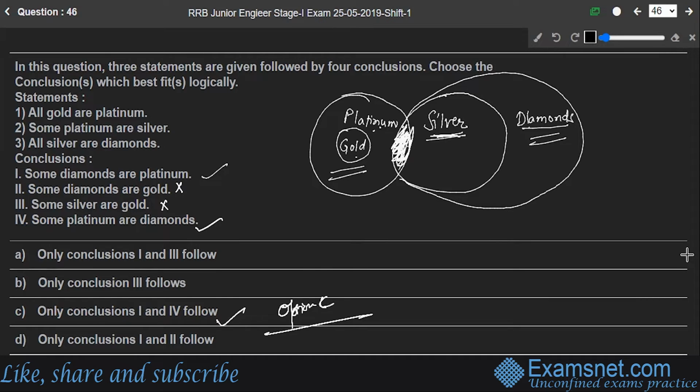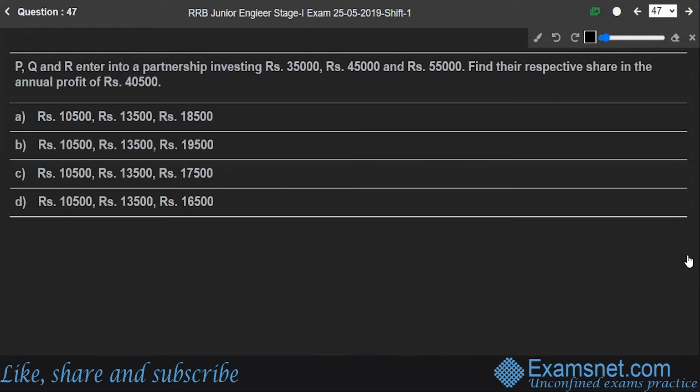Option C, right answer. Hope you understood that. Next is, yeah, 47 question. P, Q, R enter a partnership investing this and this amount. You have to find the respective share in the annual profit of 40,500. Okay, so you know one thing,